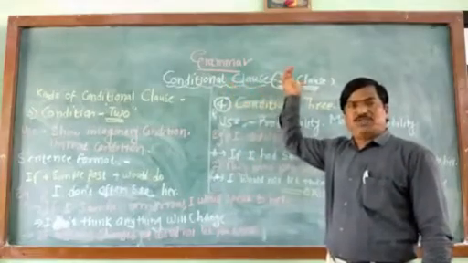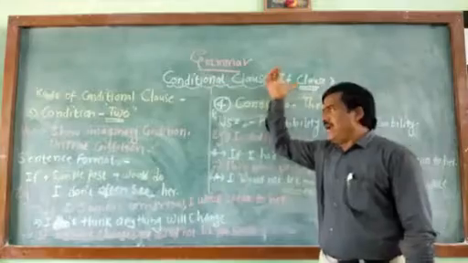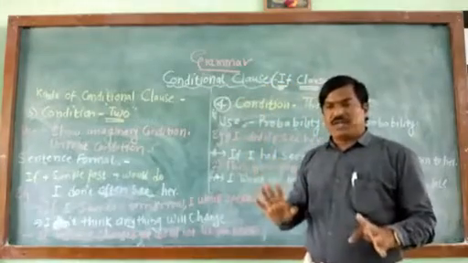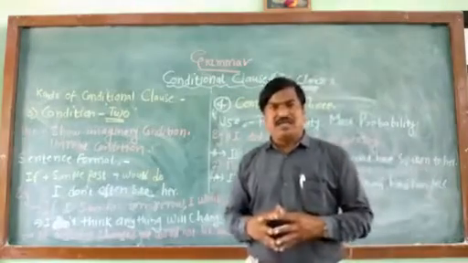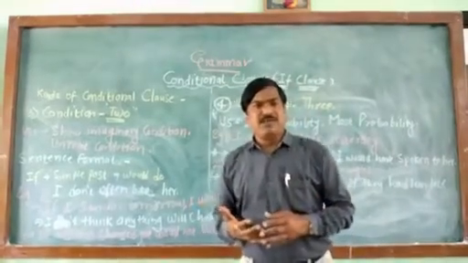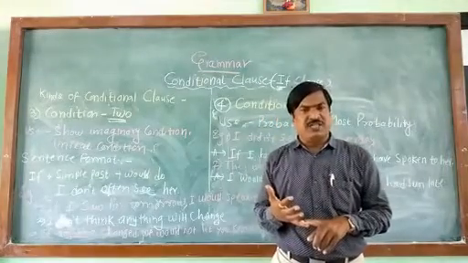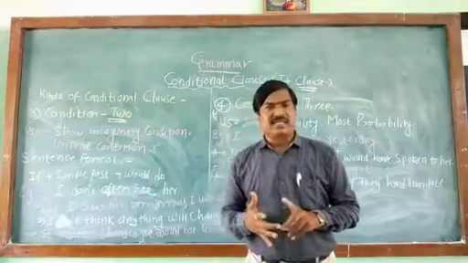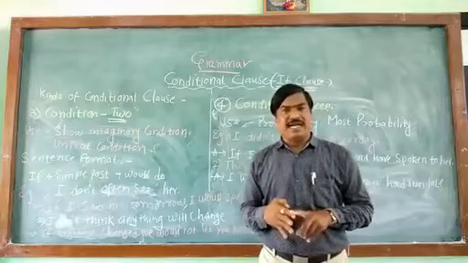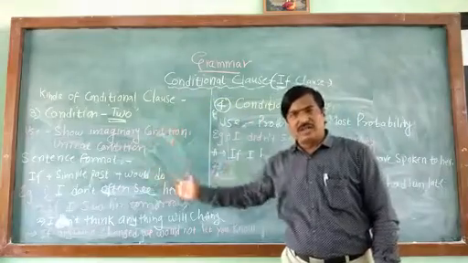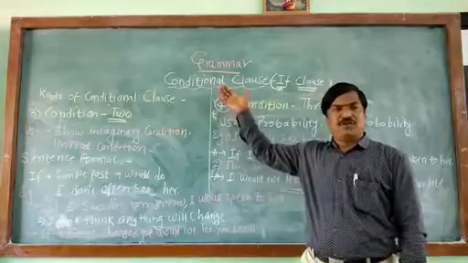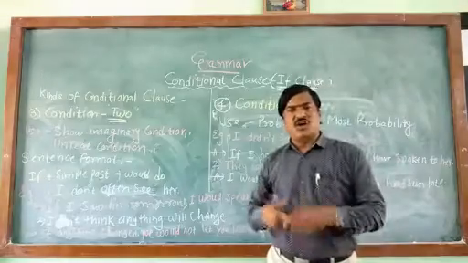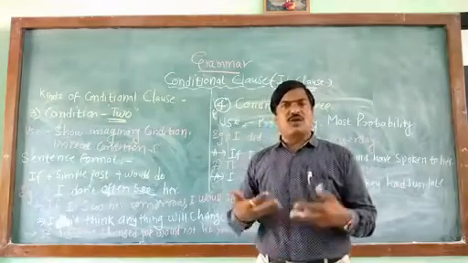Commonly, if is used in the conditional clause, and there are four different kinds of conditional clause. Again, I will explain. The first kind is zero condition. The second kind is condition 1. The third kind is condition 2. And the fourth kind is condition 3. In all these kinds, if is used, and simple present tense or simple future tense or would do is used.